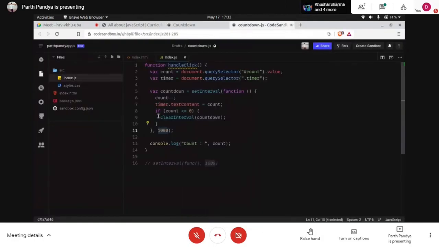Unless and until we call this clearInterval, it will not get terminated. So setInterval is a controlled infinite loop kind of thing. It can only be terminated using clearInterval or by closing the browser window. Got that?